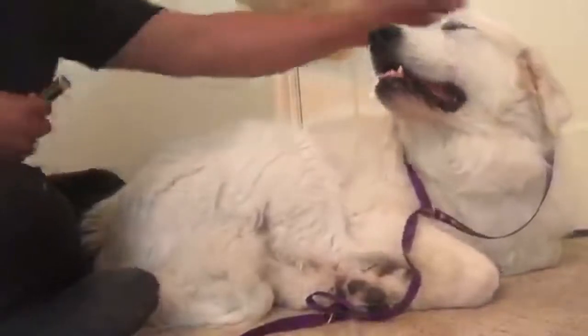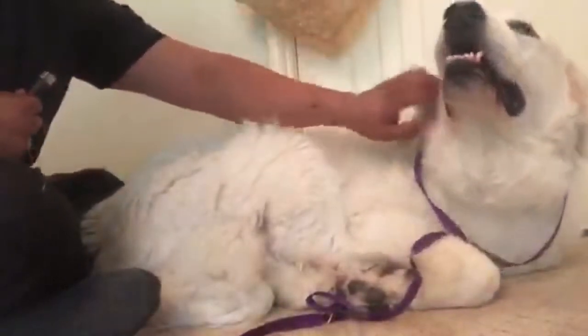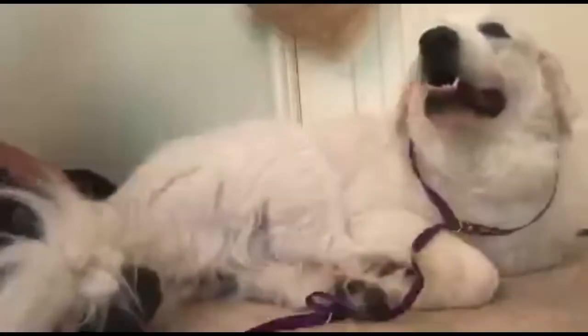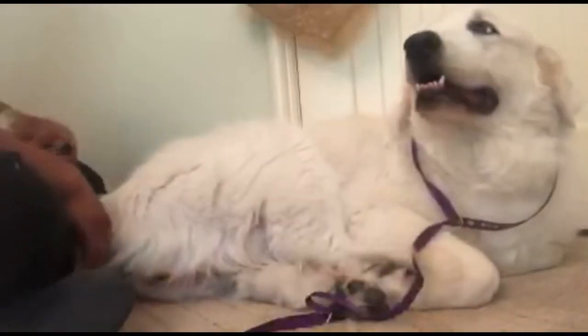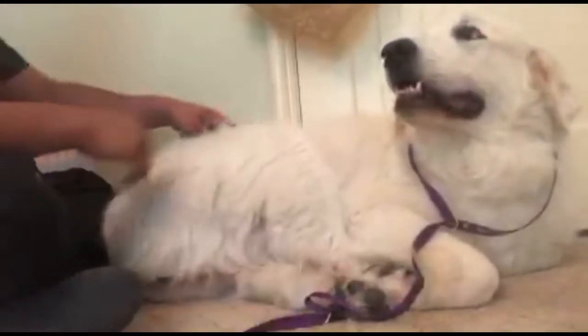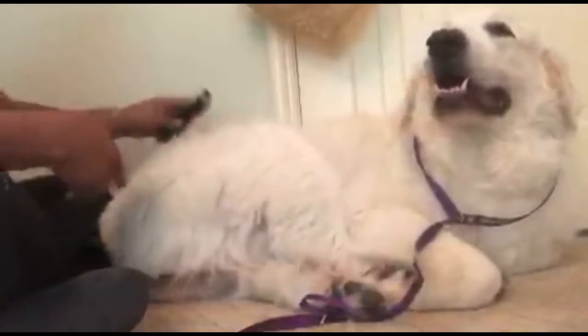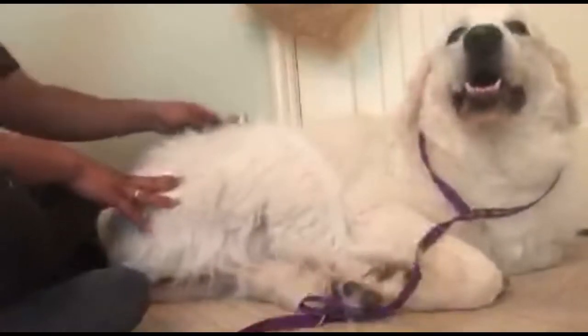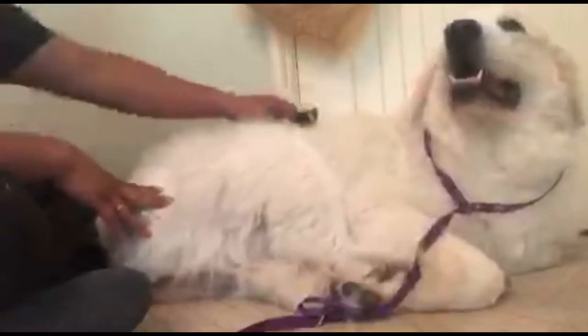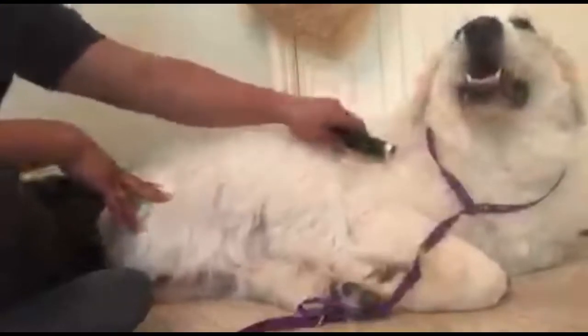Okay. Oh, you're so sweet. Thank you so much. Okay. So I'm not gonna mess with her tail yet because that kind of sets her off a little bit. So, oh, sorry girl. I'm just gonna move her tail out of the way so I don't get it by accident. So see how this area is very thick and this comb is not able to go through like here anymore, right? So what I'm gonna do is,